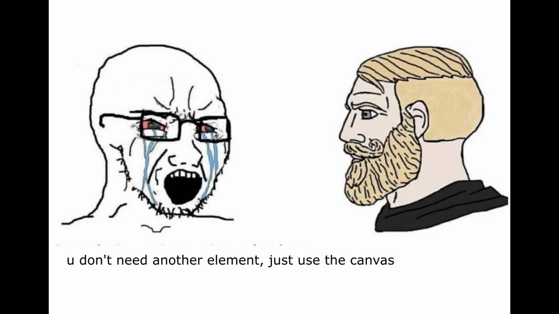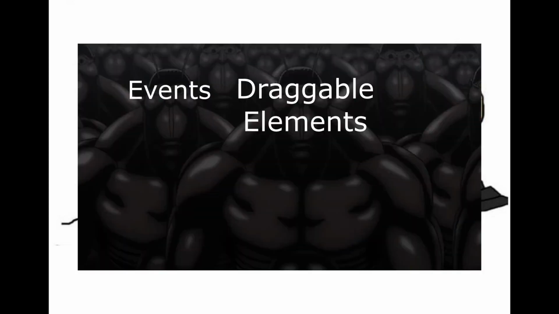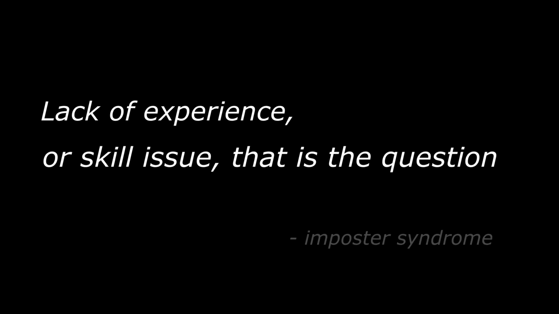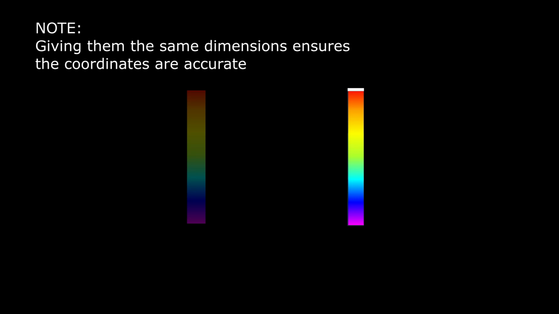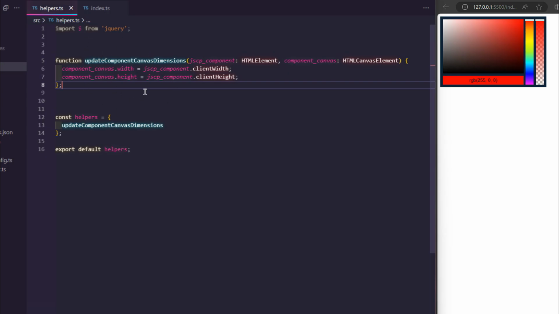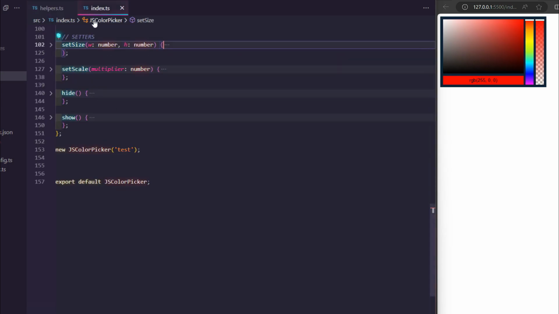I know some of you are probably wondering why I didn't just use the canvas in the first place, and that's because in my previous attempt at making a color picker, I ran into a lot of bugs with getting the canvas to work with events and draggable elements. Maybe it was just my lack of experience at the time, but I told myself that if I ever redo the color picker, I will keep them separate. In order for my idea to work, the hue component's canvas needed to stay the same size as the background of its counterpart. So to make sure of this, I added some code to the resizing method that would ensure their dimensions matched.